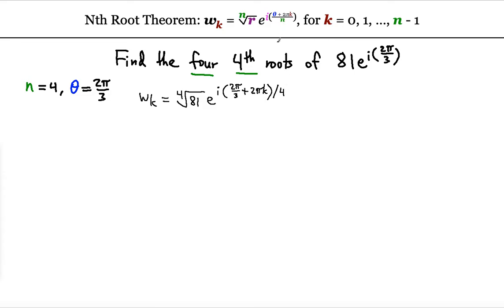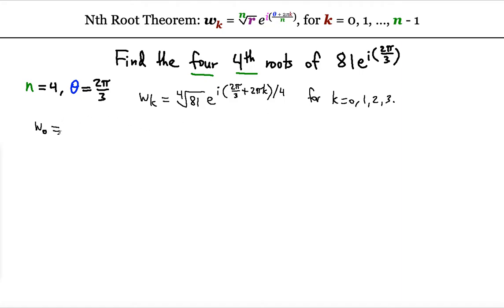And this is true for k equal to 0, 1, 2, and 3. Because we will have exactly 4 fourth roots, so 0, 1, 2, 3 will be sufficient. Notice you don't need to find the k value of 4 because you're starting from 0. There are 4 numbers, 0, 1, 2, and 3, each one responsible for one of the fourth roots. So now, the first such root is going to be w subscript 0, when the k value